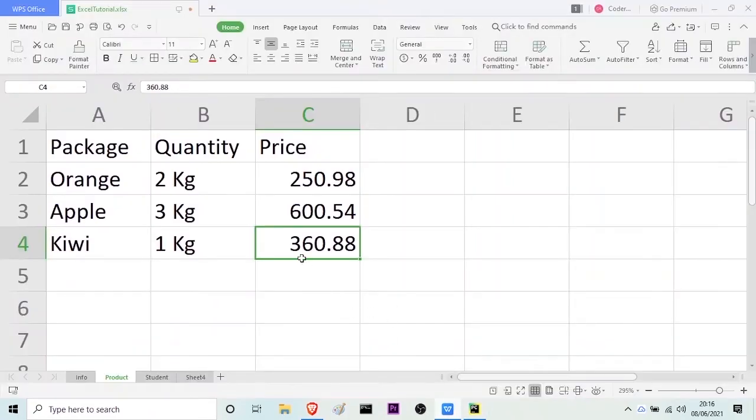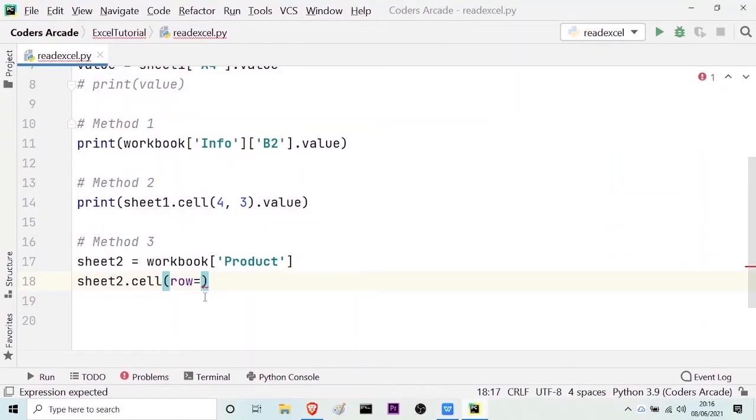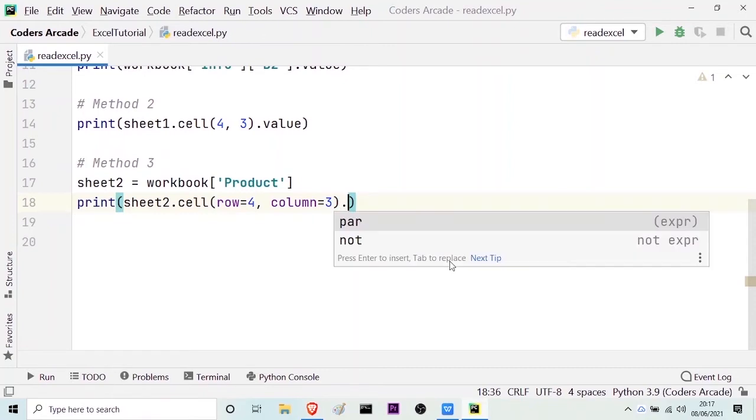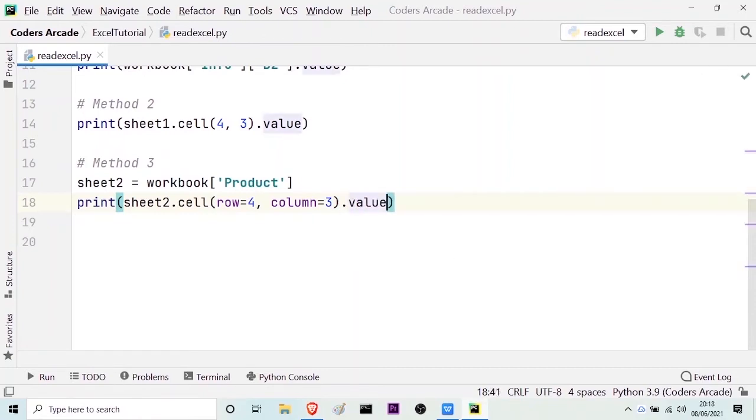Suppose this is the value which we want to read, 360.88. So the row number will be 4 and the column number will be 3. Then dot value, and now if I run this,